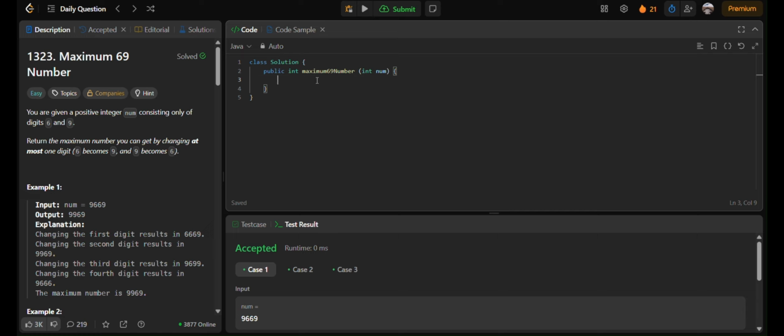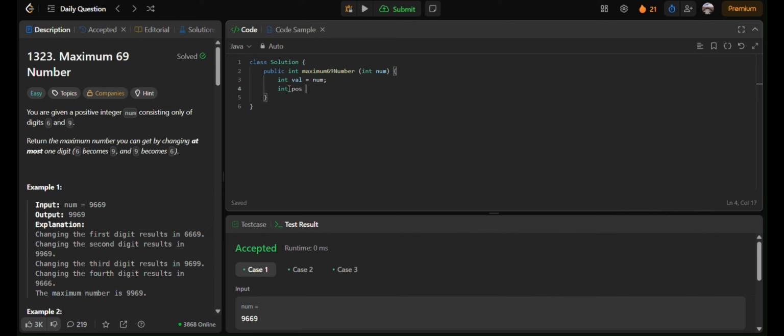So initially we need to create a dummy variable where we need to store the value of num, because we need to have the original value of num as it is, and we are going to use this dummy variable val to iterate through all of these digits. So we will be moving from the rightmost digit to the leftmost digit. While iterating this, we need this dummy variable, and then we are going to need another